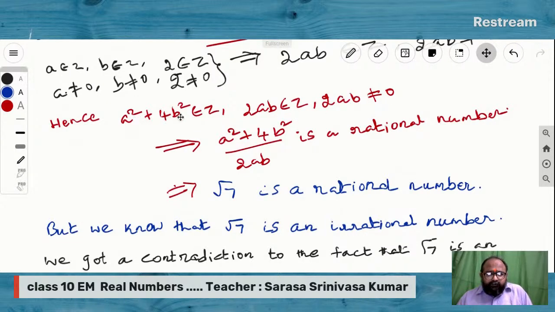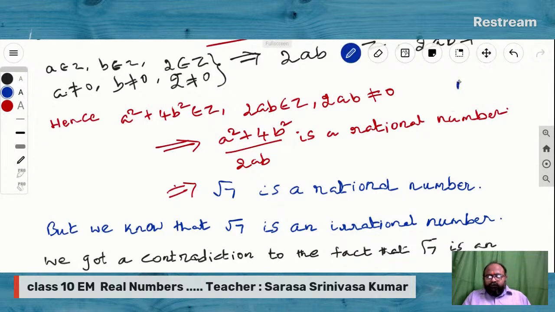a square plus 4b square is an integer. That is, the numerator term of the right hand side is an integer. 2ab is an integer, 2ab not equal to 0. That is, the right hand side term denominator is also an integer and is not equal to 0. So when these three conditions are satisfied, then we say that a square plus 4b square by 2ab is a rational number. This is by the definition